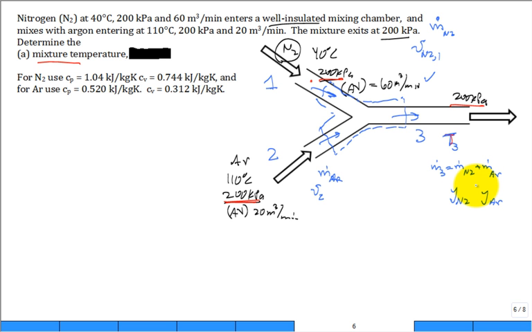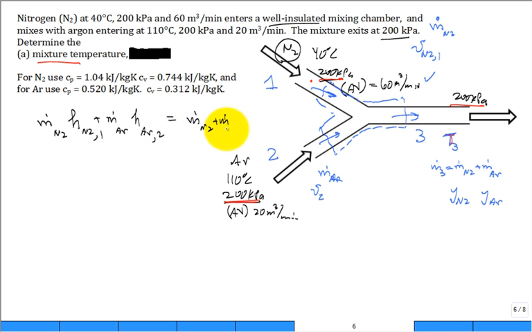All right, so now let's go ahead and do the first law. There's a number of ways to do it, but you basically have the mass flow rate of the nitrogen coming in with its enthalpy or internal energy. It's the enthalpy of the nitrogen coming in, plus the mass flow rate of the argon times the enthalpy of the argon coming in. Maybe I'll call this state 1, maybe this state 2, equal to, well, we have the nitrogen